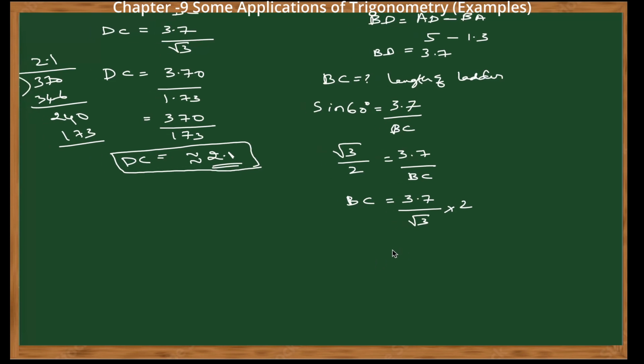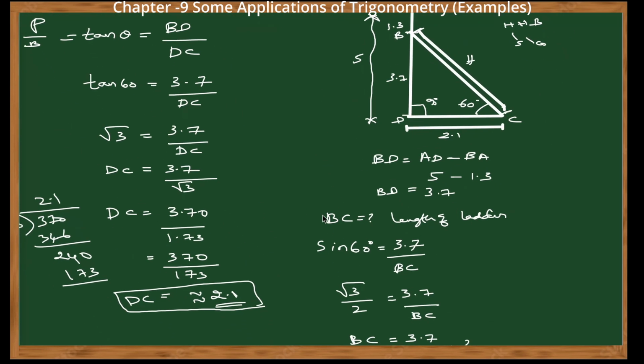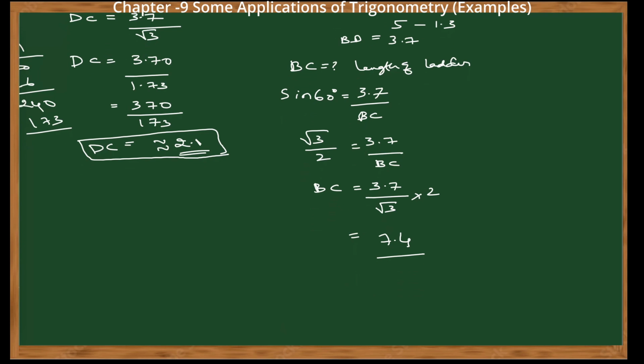So for the solving, this becomes 3.7 into 2, which is 7.4. We have the root 3 value given in the question, so we can replace it by 1.73. Since the point is there, we take 2 decimals, so this becomes